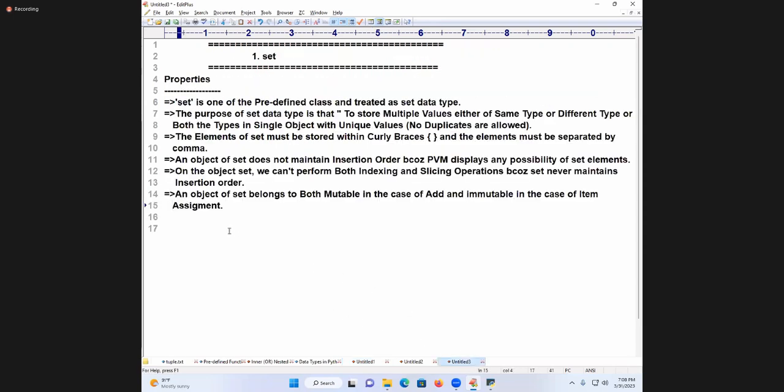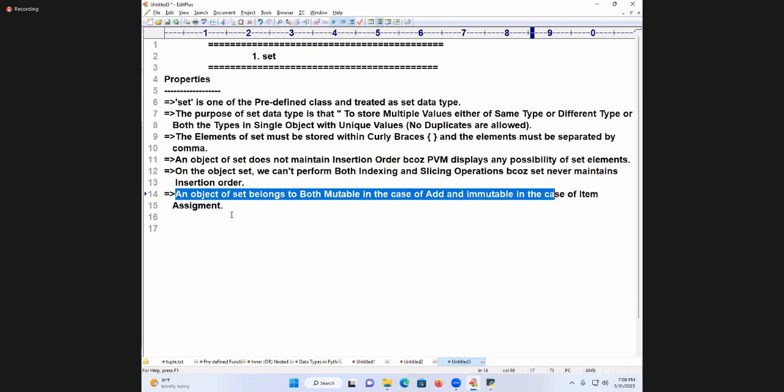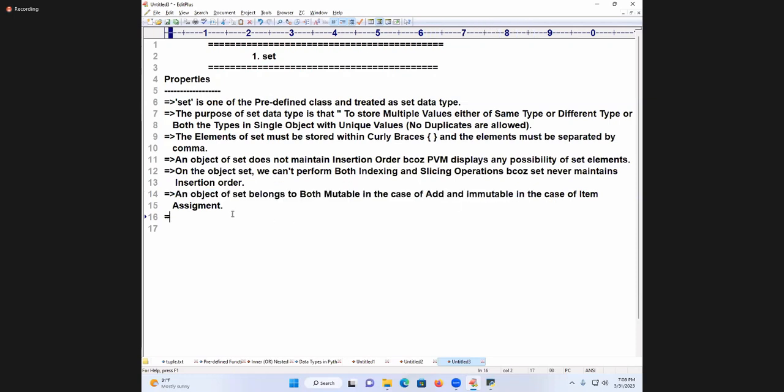Did you understand my point? Coming back to this area, I hope you are understanding. An object of set belongs to both: mutable in the case of add and immutable in the case of item assignment. Shall I move forward? Yes. Now I am going to enter into the further topic. Now see, students, with respect to set,